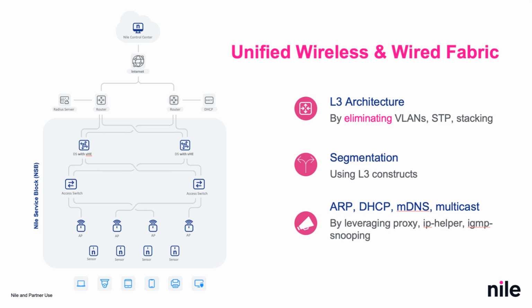We've reimagined how traffic flows in the network. Just as wireless access points send all traffic to a controller, Nile's wired ports create a tunnel, sending all traffic to the head end for centralized policy enforcement. This eliminates the need for VLANs and trunks, providing a fully streamlined, out-of-the-box solution without requiring external network access control